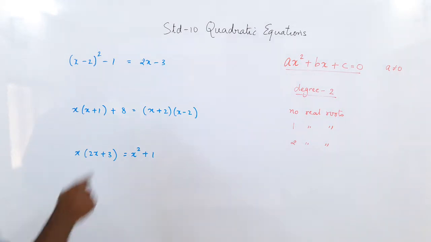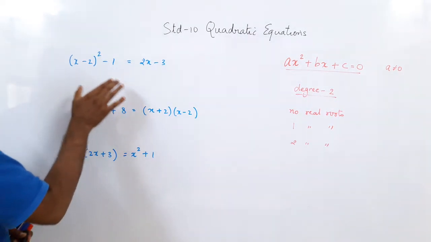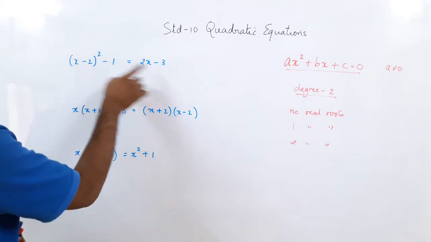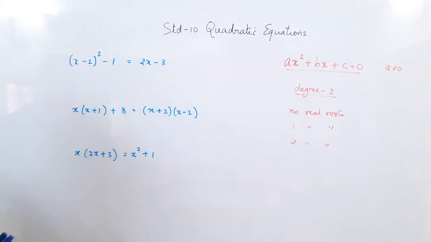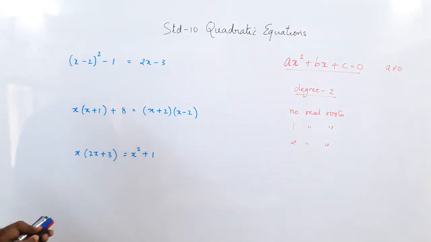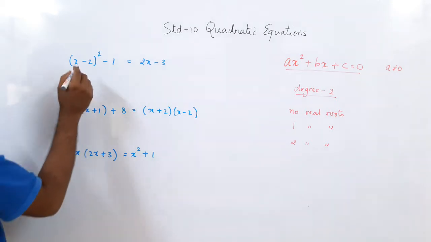Now why do we call them equations? You can see this equal to sign. So we have got these equations here where there are polynomials on both sides, okay? And with certain powers. Now the first step is to check whether they are quadratic equations. How do we check? To do that we have to expand the whole thing.